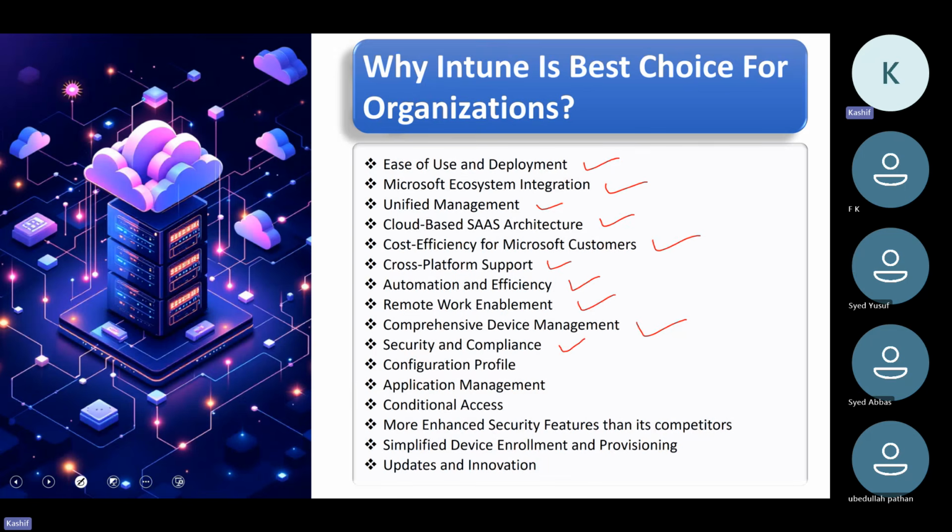Then security and compliance, right? Configuration profile, application management, conditional access. You can provide access only on certain condition. You can block access if the condition is not met, right? Then more enhanced security features than its competitors. Simplified device enrollment and provisioning. The devices will get enrolled easily. You don't have to have a lengthy process to enroll the devices. Okay. So these are the reasons why Intune is the best choice for your